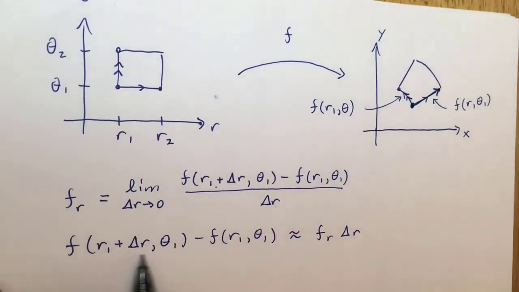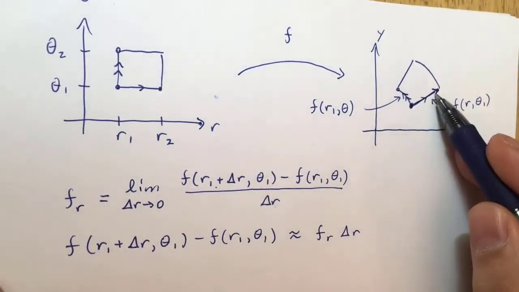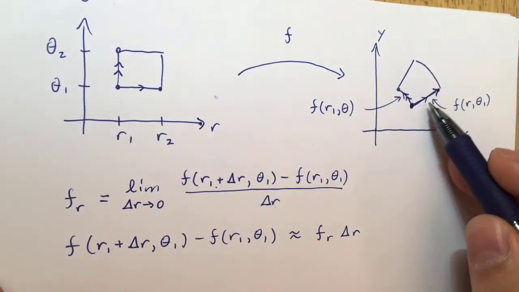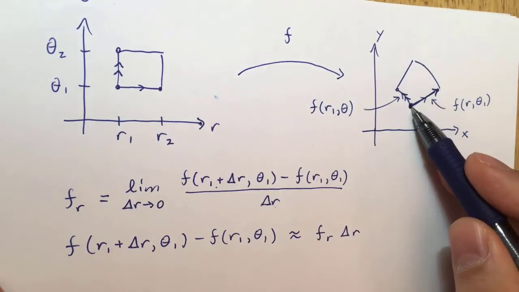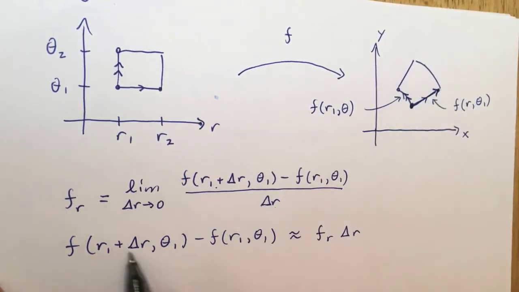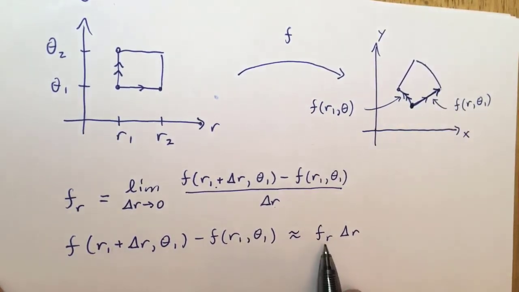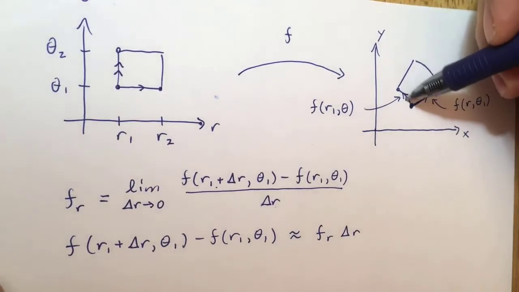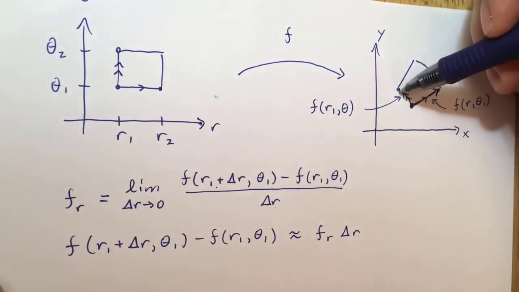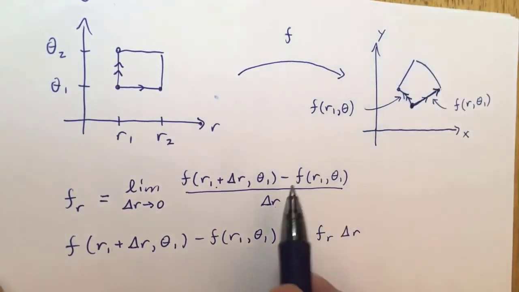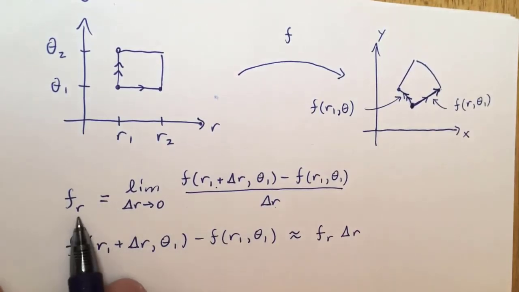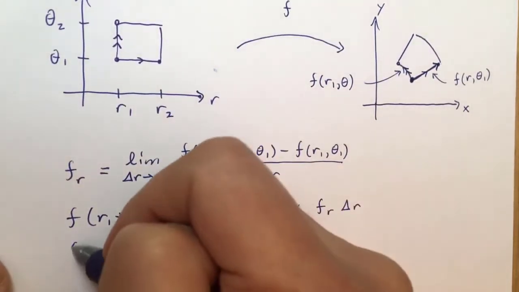So this is what happens when I wiggle the r. I just changed r a little bit, and I'm saying the difference between this and this, so this vector right here, that's approximately the r derivative of f times delta r. And you can do the same thing for theta. Just think about the vector that goes from here to here. That's what you get by perturbing the theta. So we do the same kind of thing, but we do the theta derivative. And so what we'd get is,